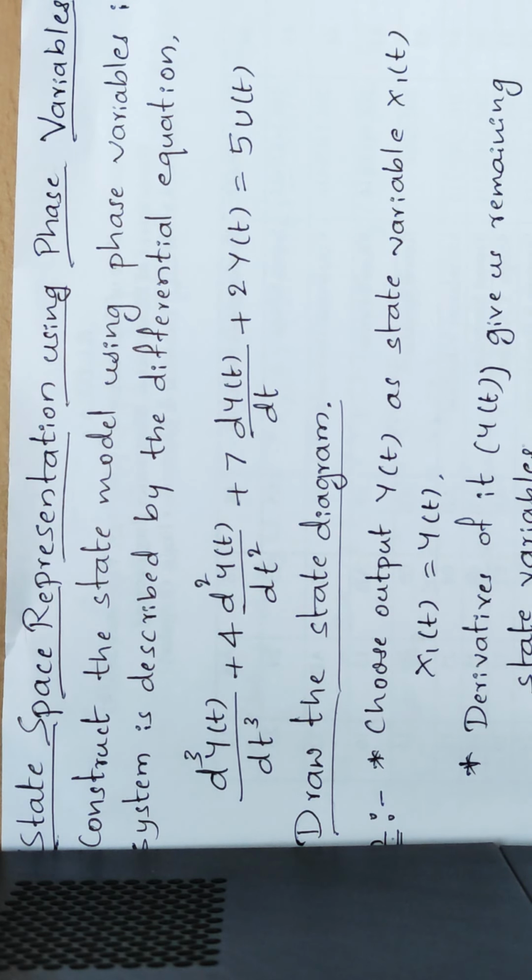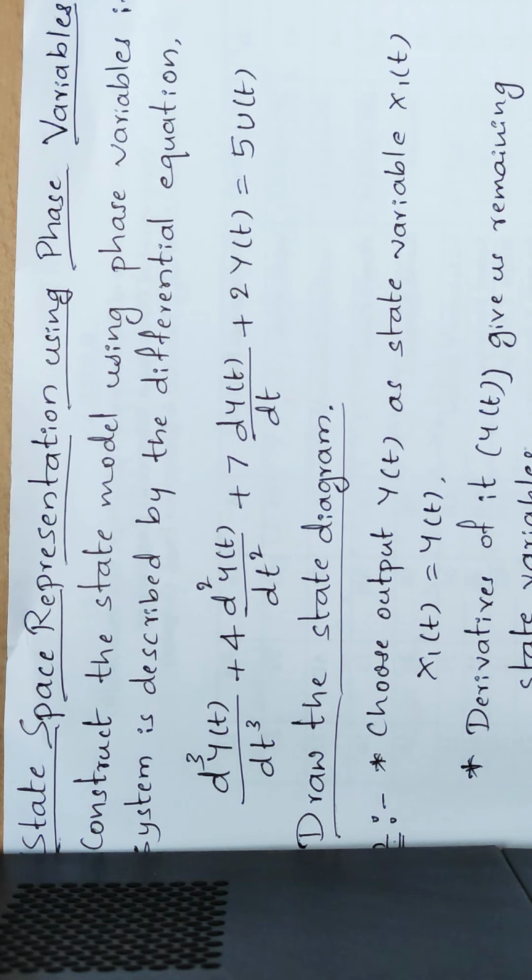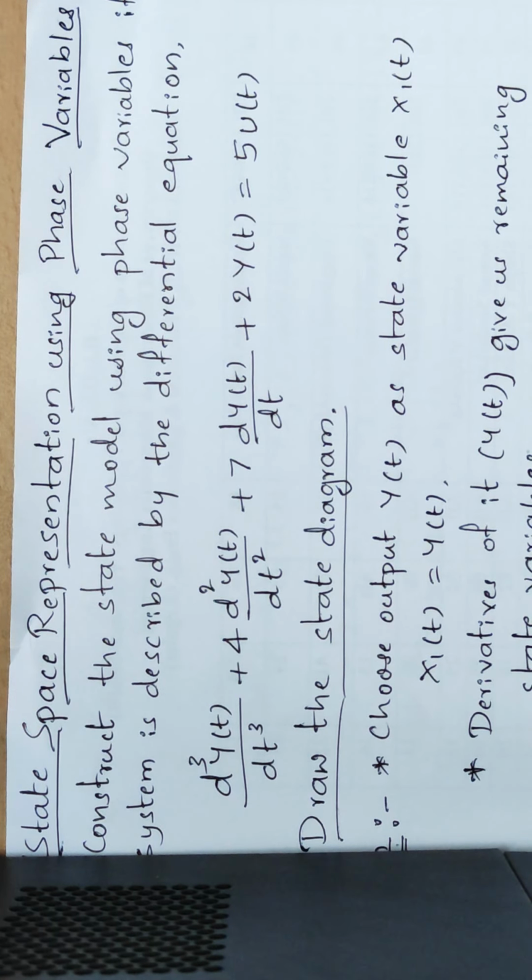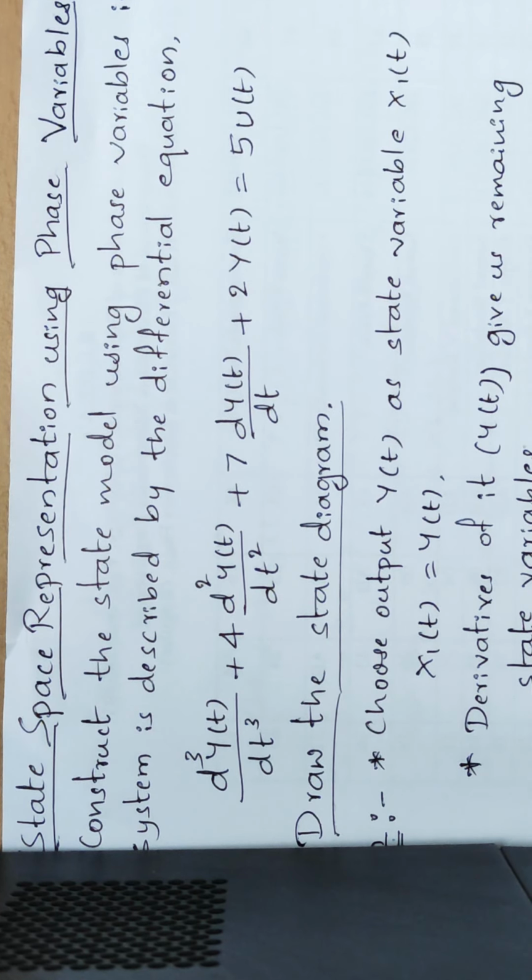Next, what about the other variables? Other variables are nothing but the derivatives of the selected system variable, that is x2, x3, x4 up to xn. We don't know the variables, but output is our x1. y of t is our x1. Next, x2 is the differentiation of our first variable, that is, the first variable selected is y of t. So like this we have to do in this system. Most of the time the system variable used to select the state variables is the output variable. We'll see an example and you will get a clear idea.